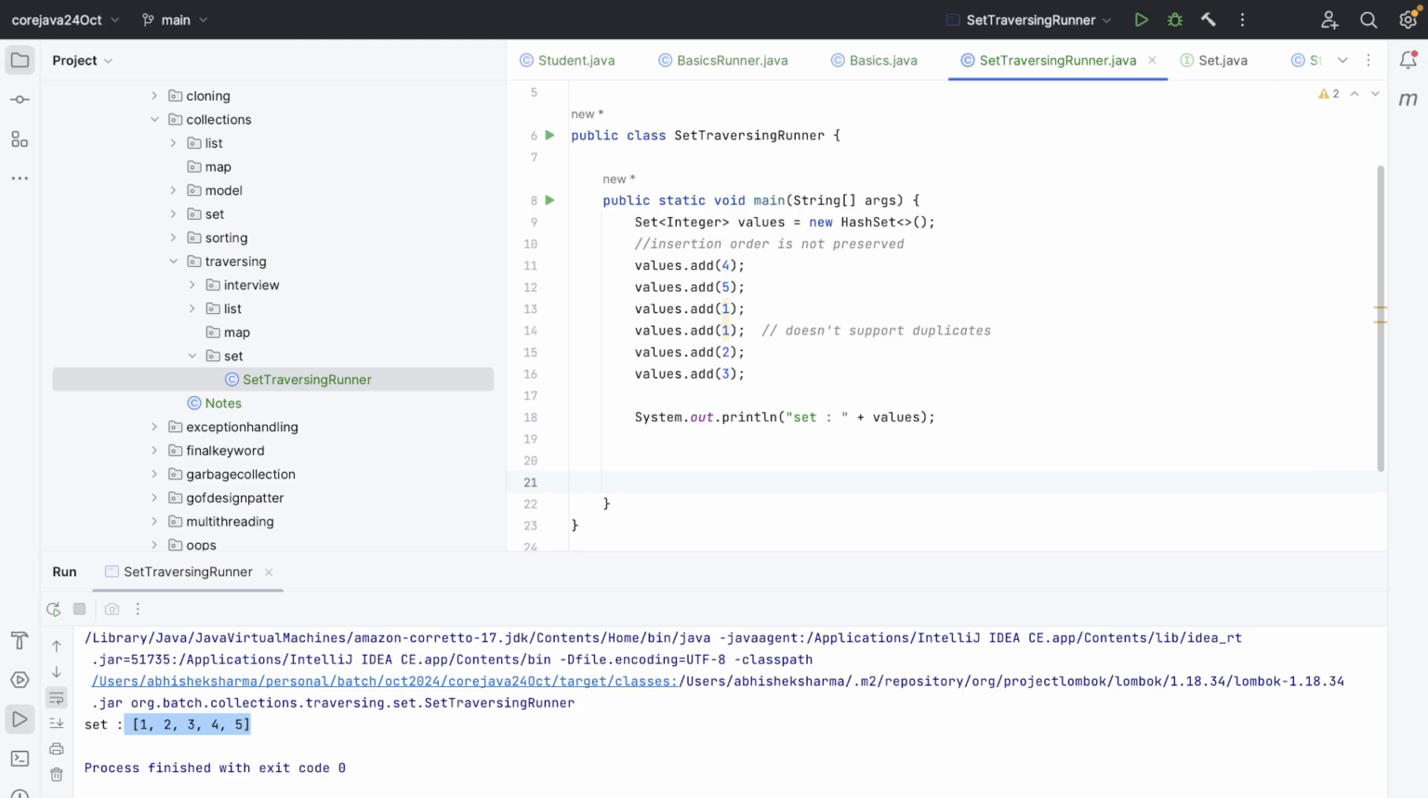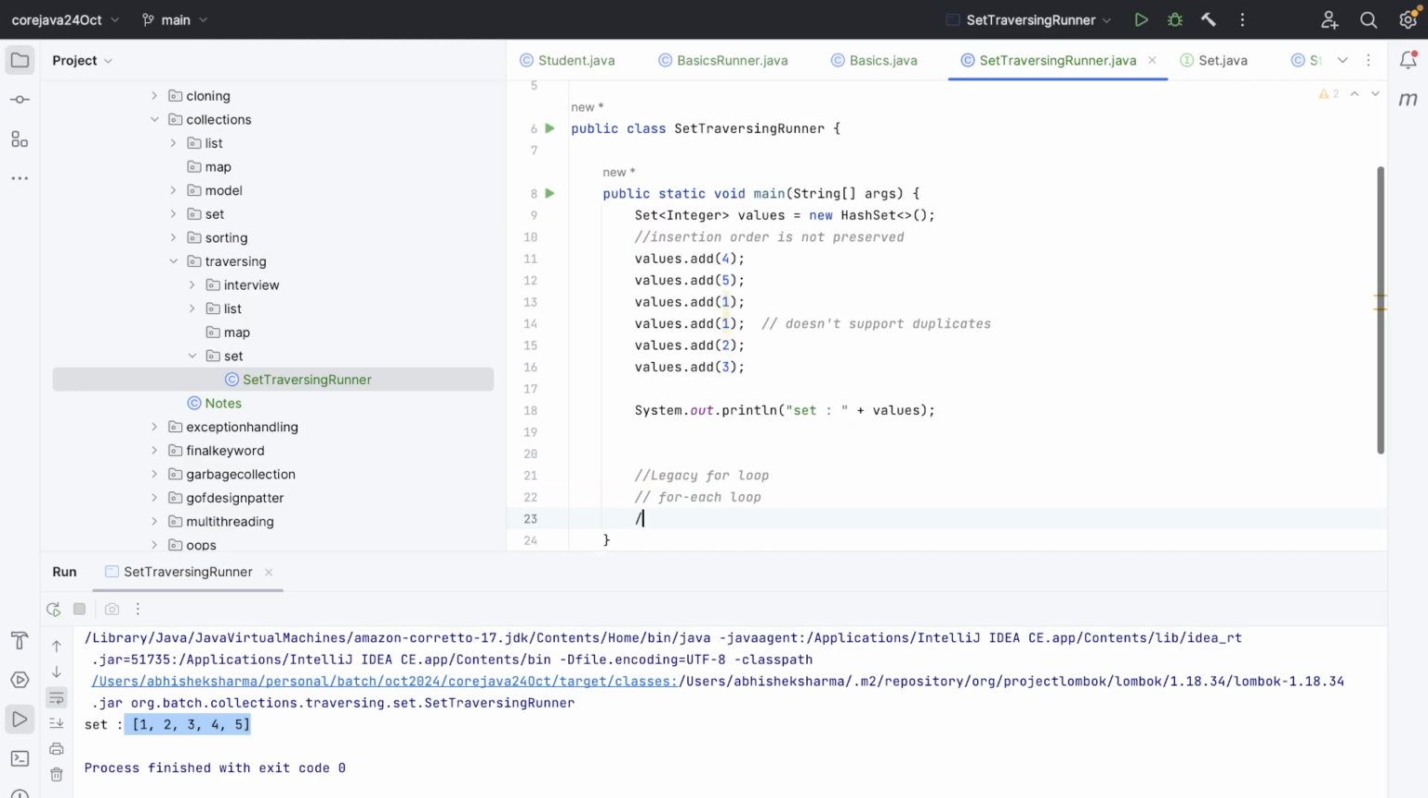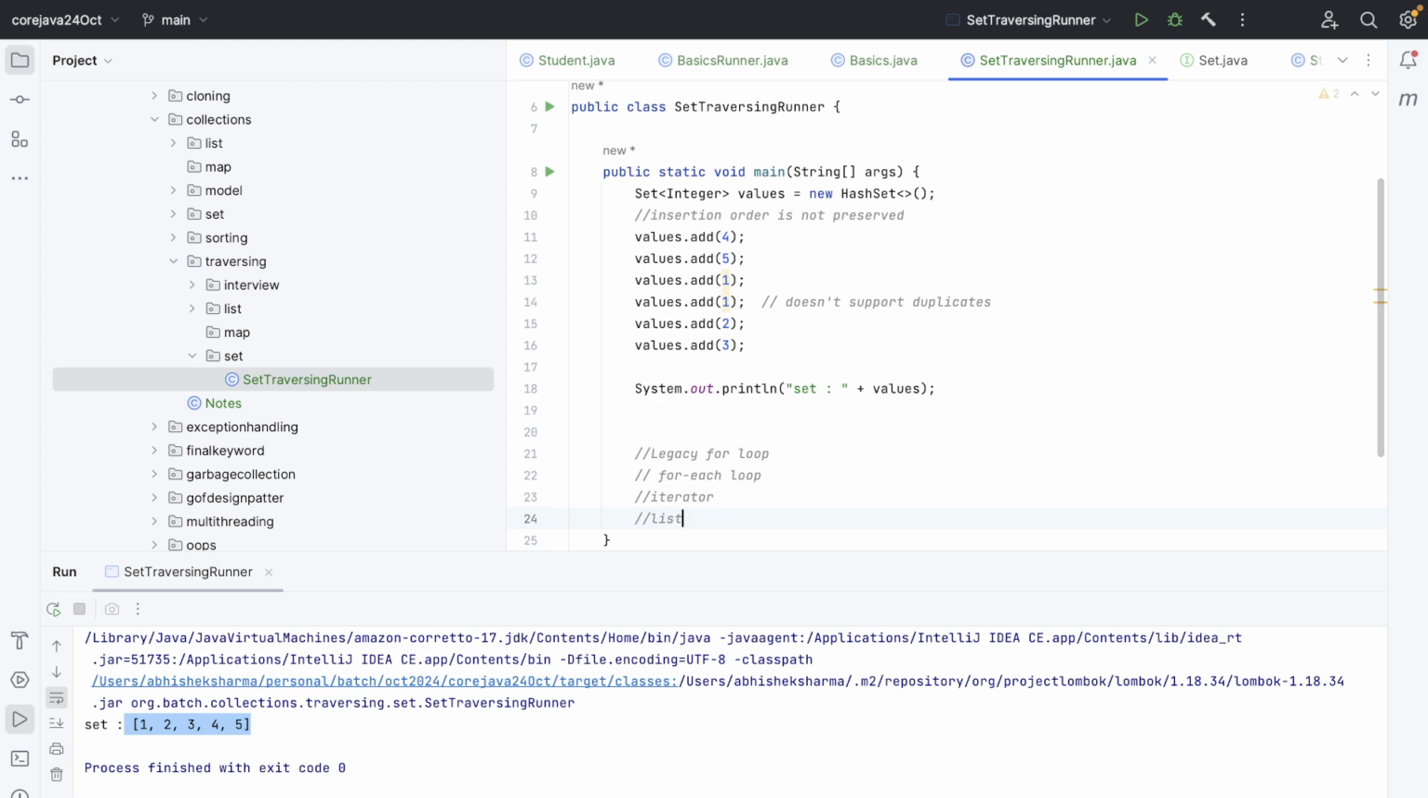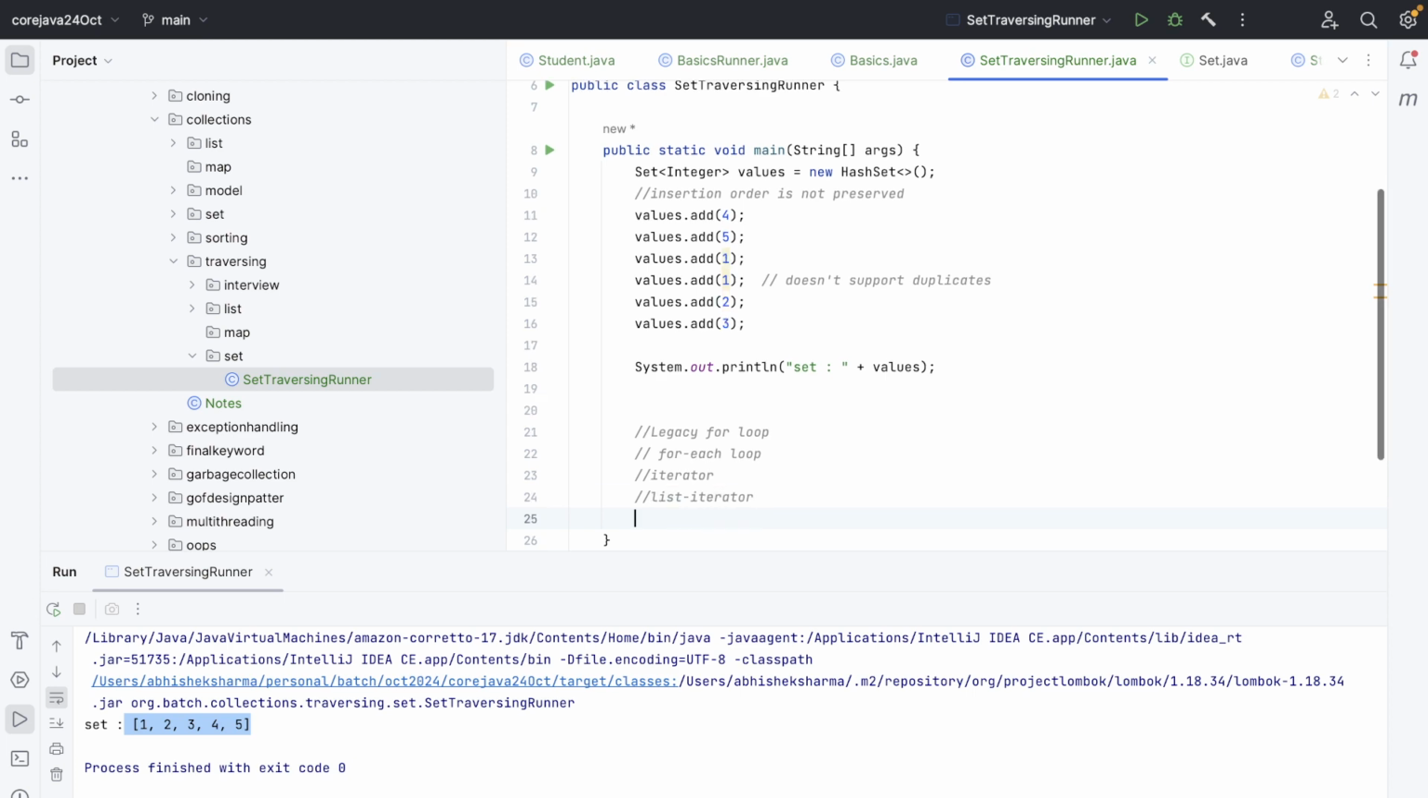First, normal for loop, or legacy for loop, and then for each loop, introduced in 1.5, then iterator, then list iterator, and then streams, right? In 5 ways we have traversed. I'm audible? Yeah. So the legacy loop does not work